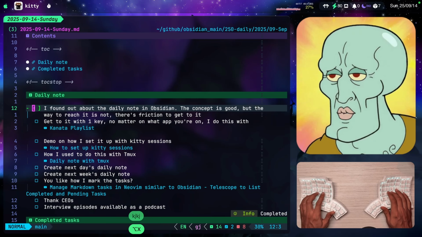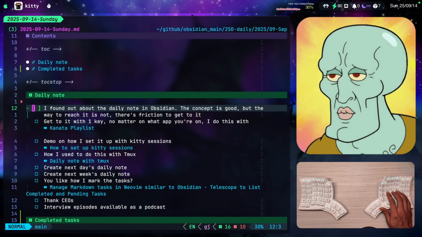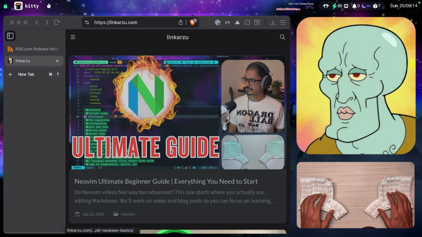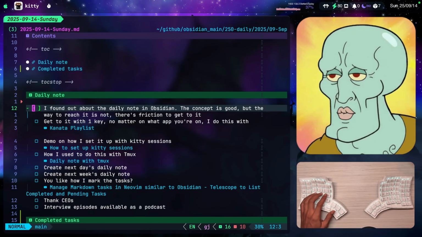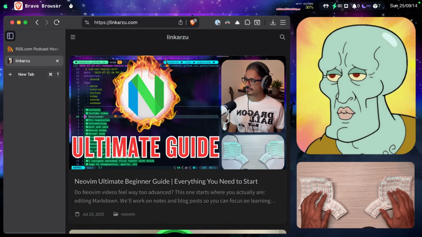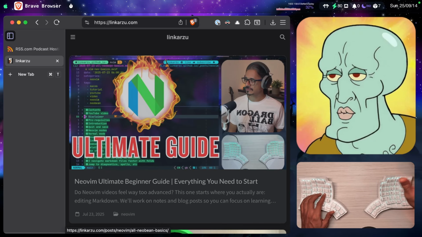Now, I did find out about the daily notes in Obsidian. Okay, the concept is great, but the problem with Obsidian is the friction that you have to go through to be able to get to the daily notes. Why? Because first, you need to open Obsidian, right? Let's say that you're in your terminal. You need to write something down fast, right? So, okay, I'll switch to Obsidian. Let's imagine this is Obsidian. I don't even have it installed, but